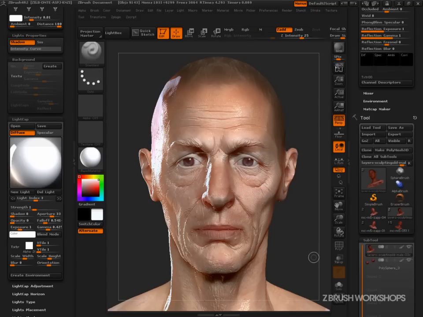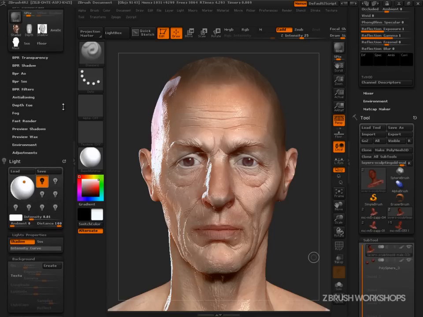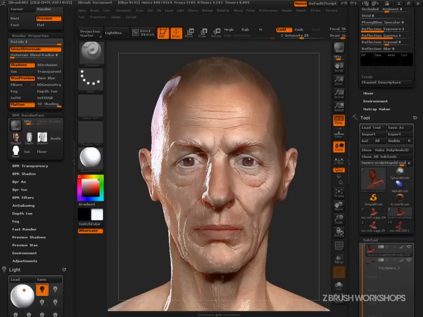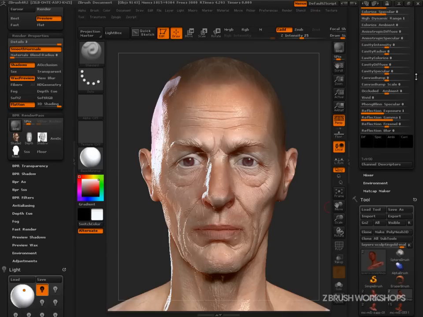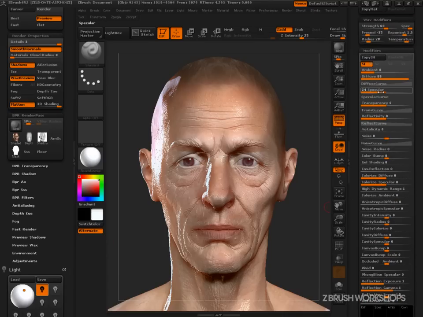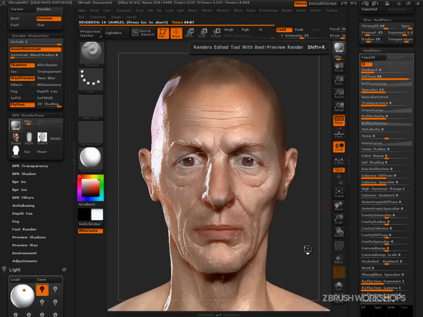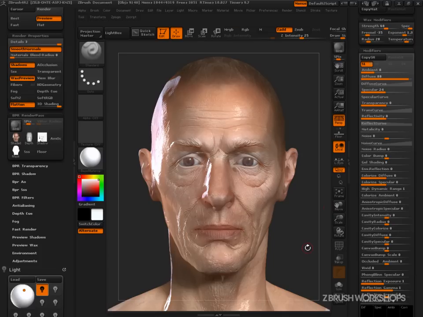So let's do a best preview render. Keep in mind that with this particular one, we've got smooth normals on and detail set to 3. Also keep in mind that we have set the specularity up so that specularity is now being respected according to one or two lights that we really want to have an impact on specularity. And then if we render this out, we get a fairly decent approximation of skin,